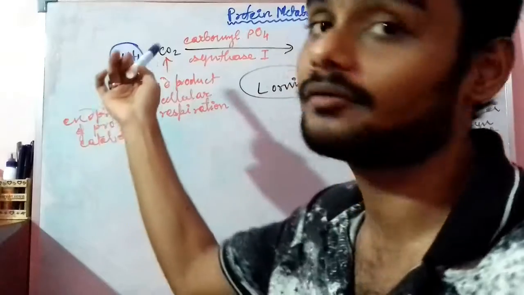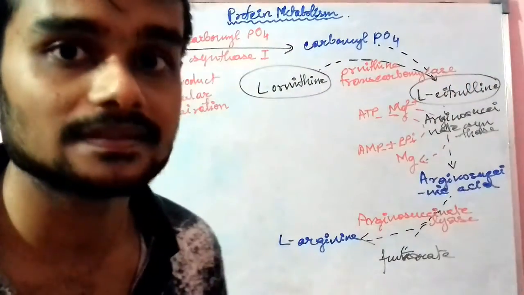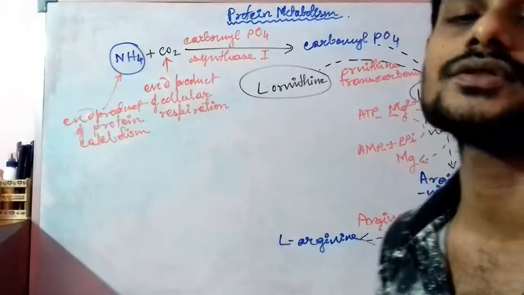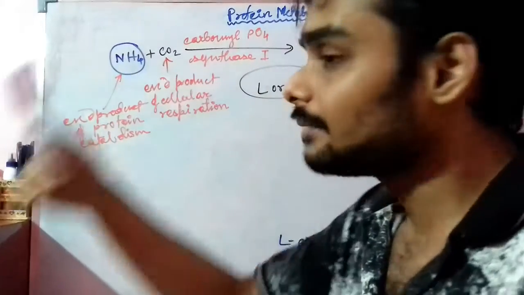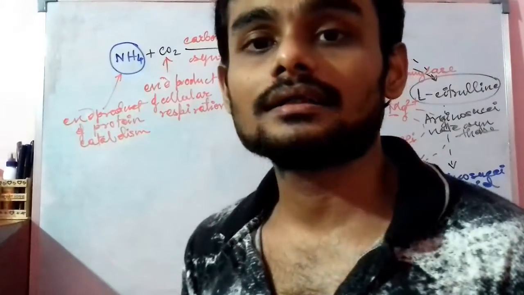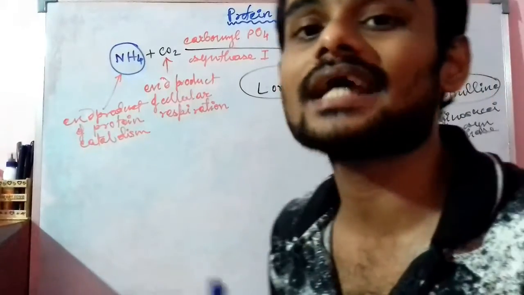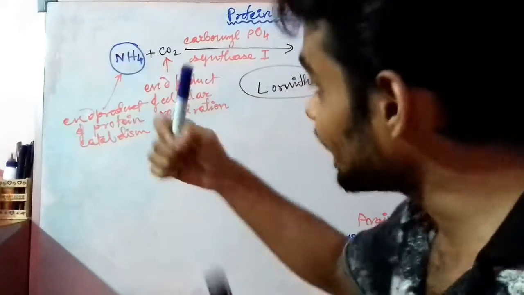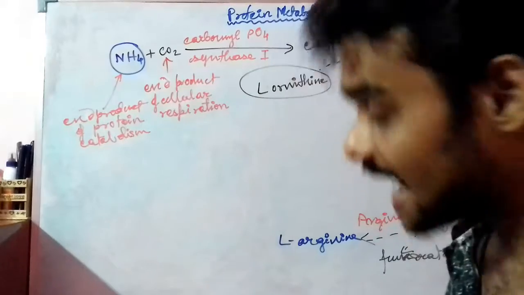Now this ammonia, with the help of the CO2 which is released by the Krebs cycle or glycolysis, or by the conversion of pyruvic acid to acetyl CoA, which leaves the CO2 molecule, mostly in cases of cellular respiration where CO2 is produced as the end product. In those cases, what happens? This CO2 and the ammonia get combined with each other in the presence of carbamoyl phosphate synthetase 1